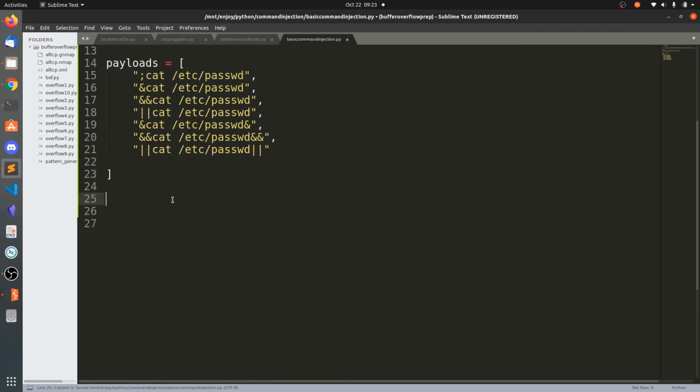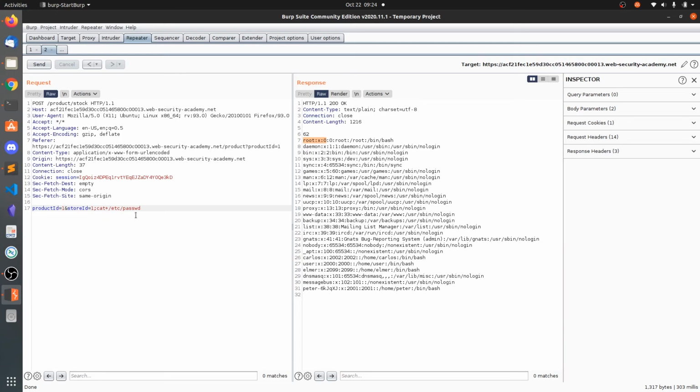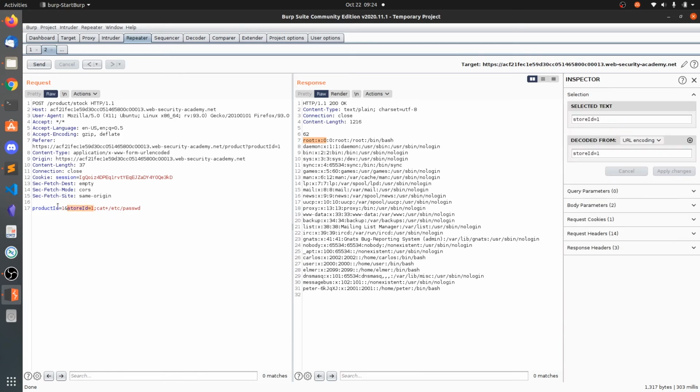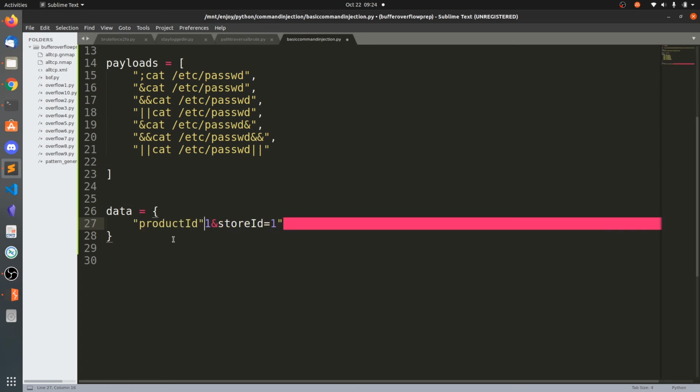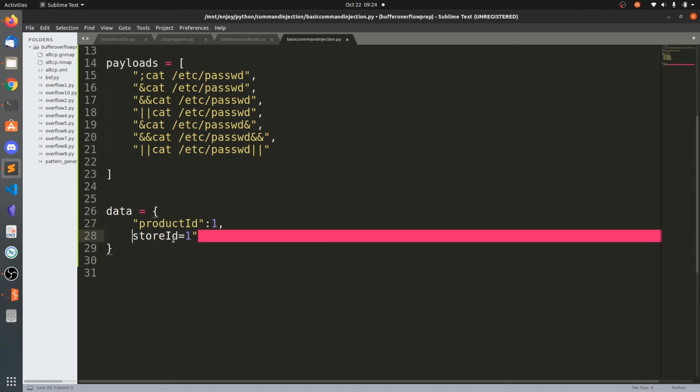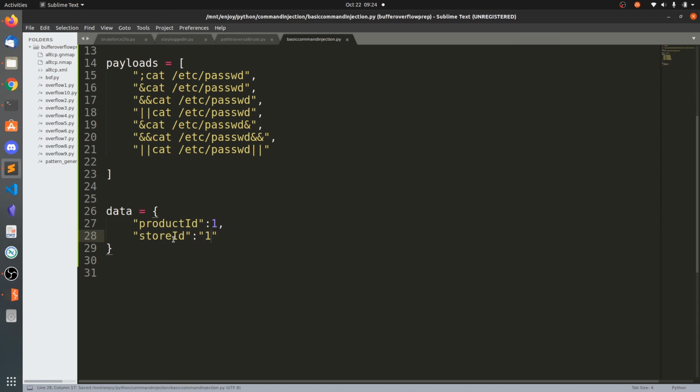Now we are going to build the data, and the data contains the route id and the store id. So paste here, and this is the store id, and here we need to change some values.